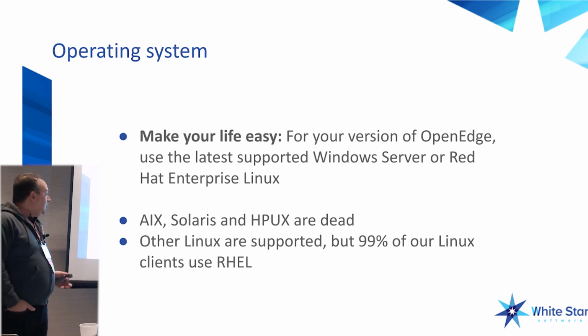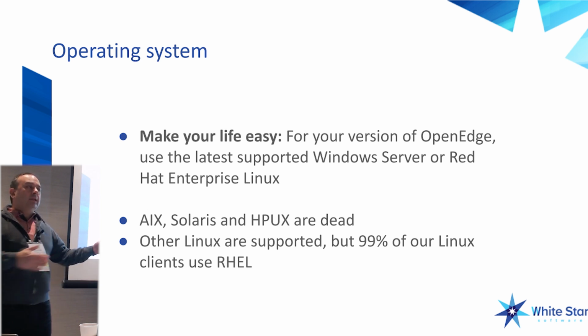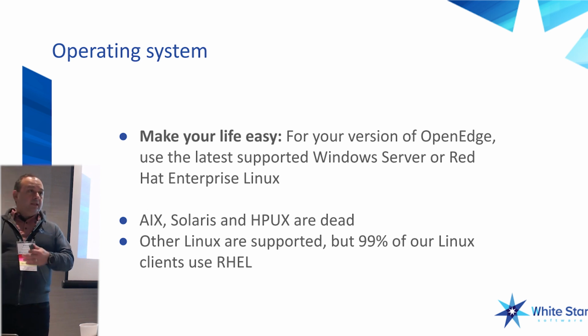And when it comes to Linux, run on Red Hat. Does it run well on SUSE and Ubuntu? Probably, but Progress develops on Red Hat, and 99% of the Progress community runs on Red Hat. So you can either go against the tide or you can go with the tide, but you'll probably get better service, faster bug fixes, and fewer bugs if you use the same operating system that everybody else is using,